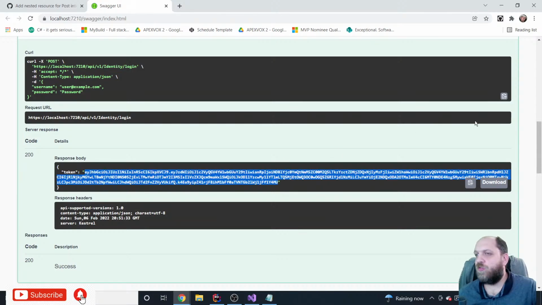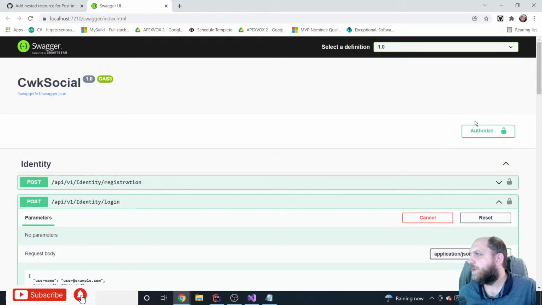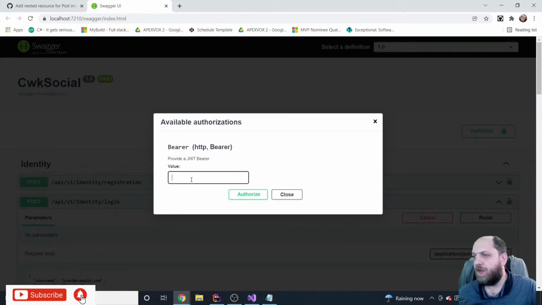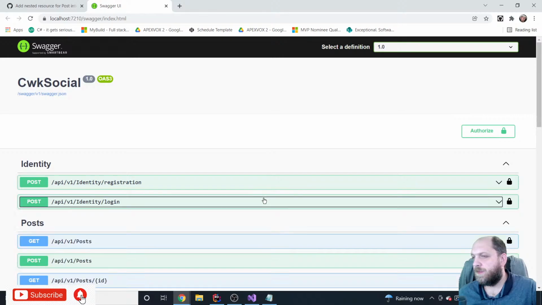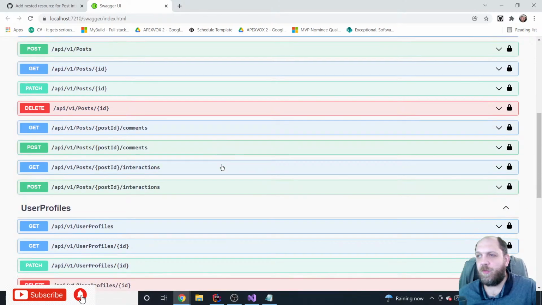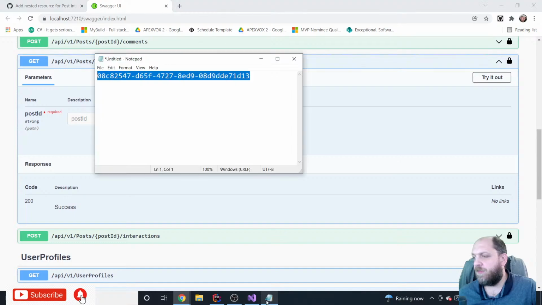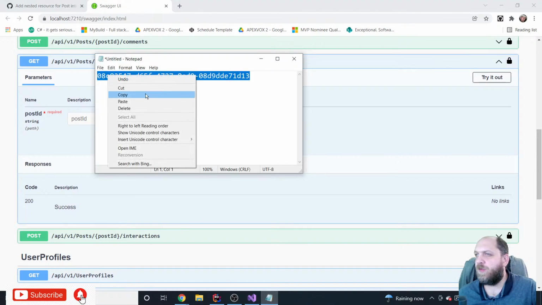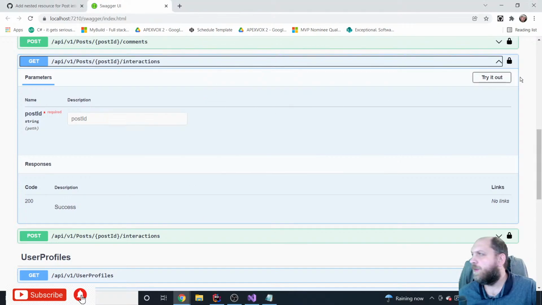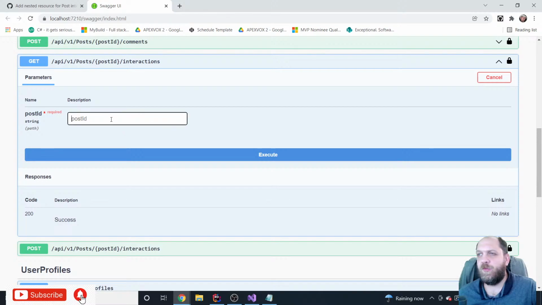I guess that should do that. Cool. Let's click on authorize and let's specify this token that we did get. Okay, and here we have post interactions. The post ID we have copied here in this notepad, so we can just take it from here, try it out, post ID,